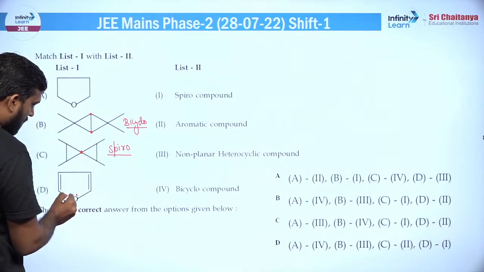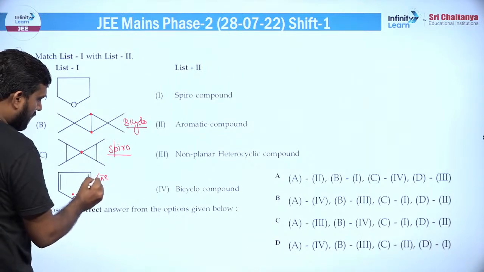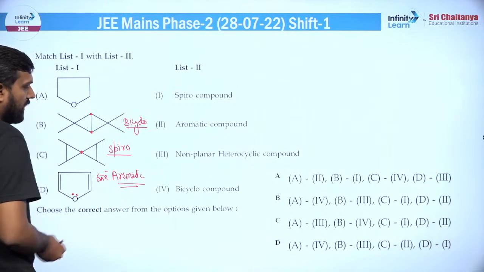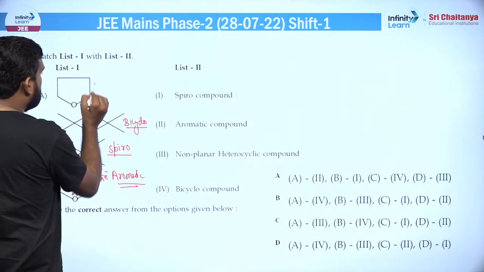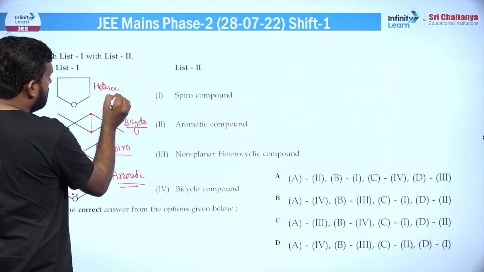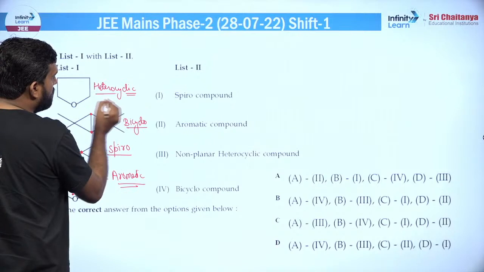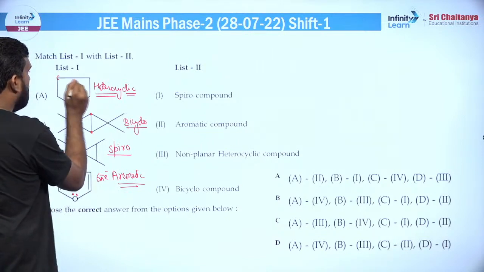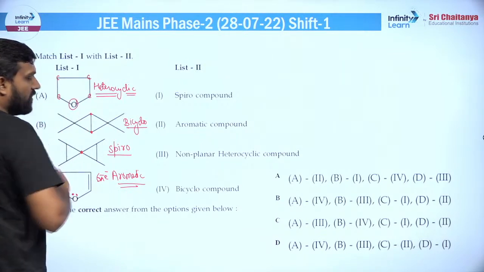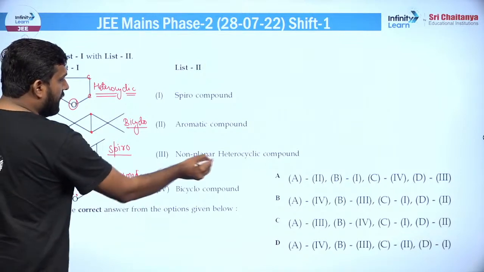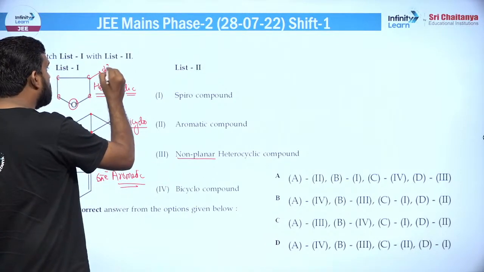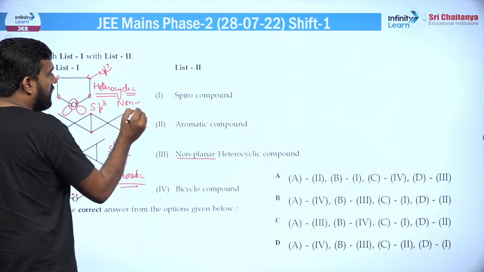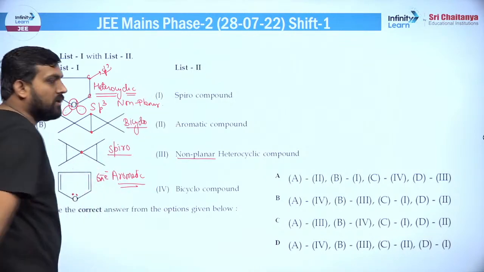एरोमेटिक की बात करें, ये एरोमेटिक है, इसके अंदर 6 पाई इलेक्ट्रॉन हैं, तो नो डाउट ये एरोमेटिक है, ठीक है। और बाकी बचा क्या, ये हेट्रोसाइक्लिक है। ऑप्शन नंबर डी भी हेट्रोसाइक्लिक। हेट्रोसाइक्लिक का मतलब कि जो साइकिल है उसमें एक ही तरह के एटम नहीं हैं, कोई अदर देन कार्बन एटम है। जैसे यहां पर कार्बन है, कार्बन है, कार्बन है, बट यहां पे ऑक्सीजन है, तो ये हेट्रोसाइक्लिक कहलाएगा। नॉन प्लेनर है क्योंकि ये sp3 होंगे, ये कार्बन sp3 है, ये ऑक्सीजन sp3 है, तो ये नॉन प्लेनर भी है। तो ये ऑप्शन इसके साथ मैच कर जाएगा, आप बाकी मैचिंग करा लेना, ठीक है।